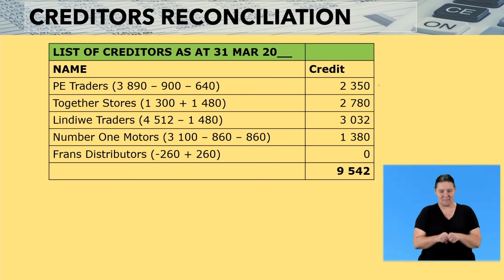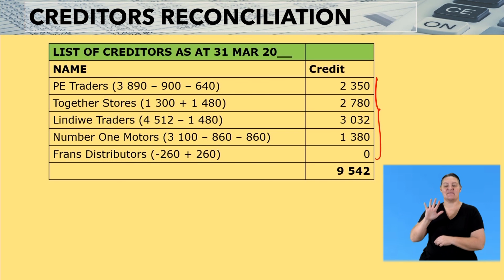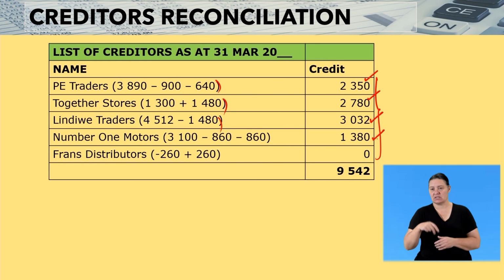That is the same amount that we then find after we have closed our brackets. When we close the bracket, PE traders 2,350, together 2,780, Lindway traders 3,032, number one 1,380, and then France distributors is 0. The total becomes